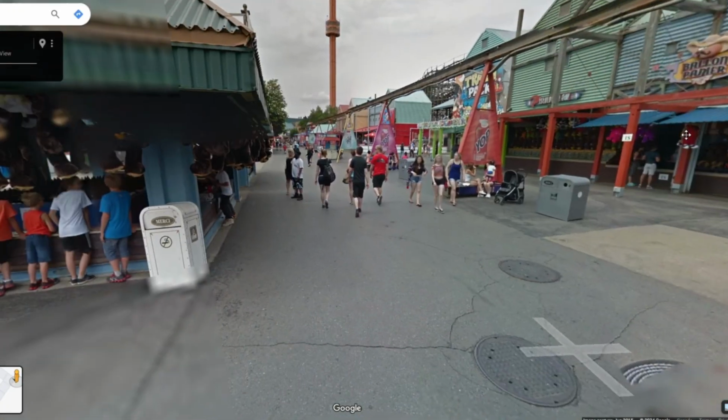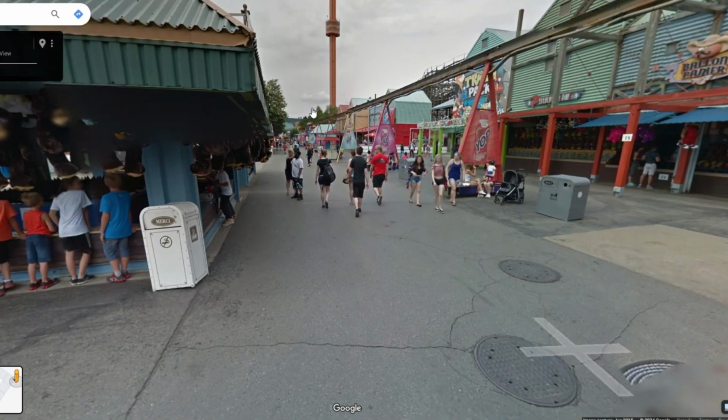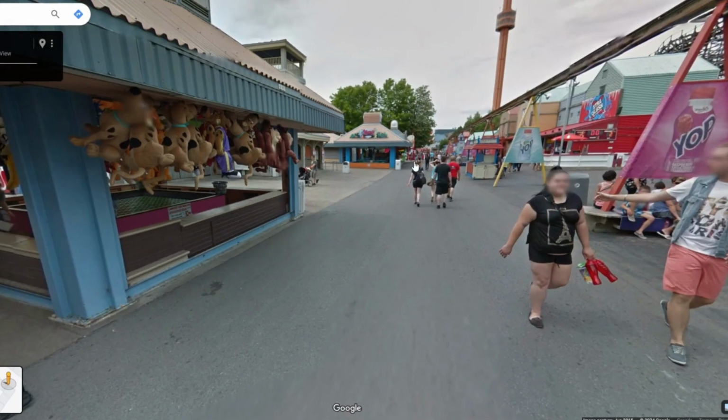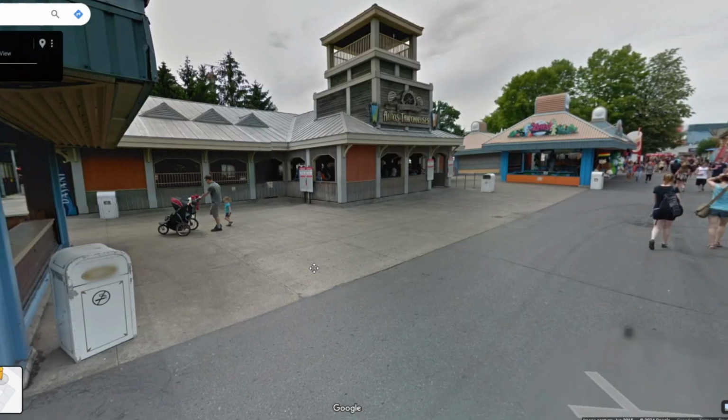But yeah, Le Monster wasn't open. Dragon, which is their indoor Intamin, wasn't open. Those were the 2 coasters that weren't open. But then I also didn't ride Le Marche du Moupat because, again, it was a kiddie coaster, and I'm over